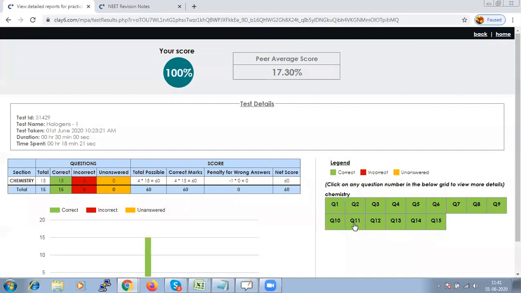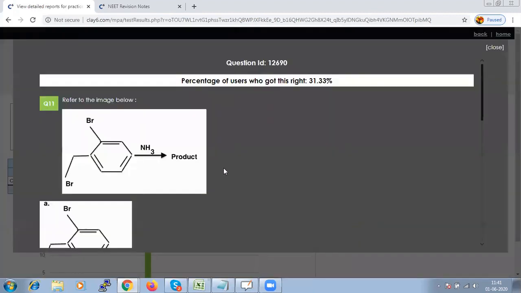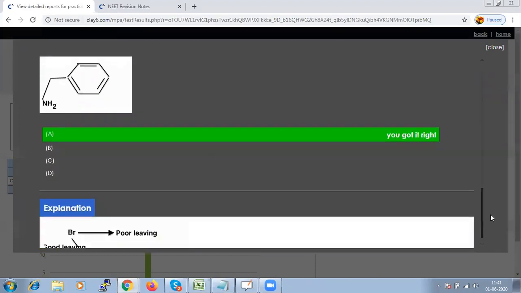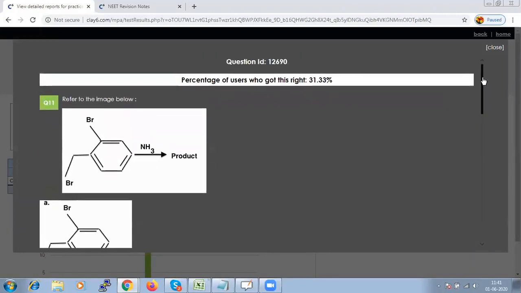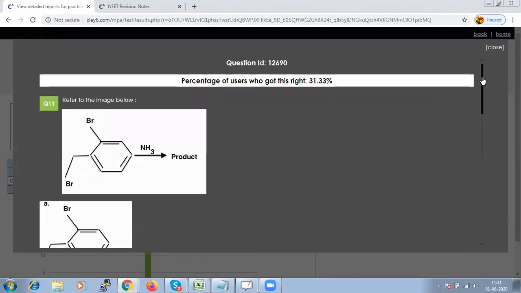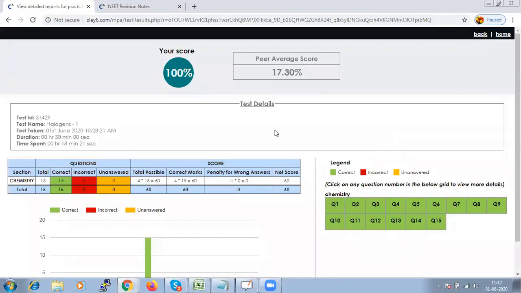It's more important to know that if you click on any question, it will give you the right answer as well as an explanation to reach that particular right answer. Hence, it's very helpful to know the right answer with an explanation if we have gone wrong anywhere. So it is very important to take that test, and you could also revise the chapter in a lesser time with the help of the precise notes.